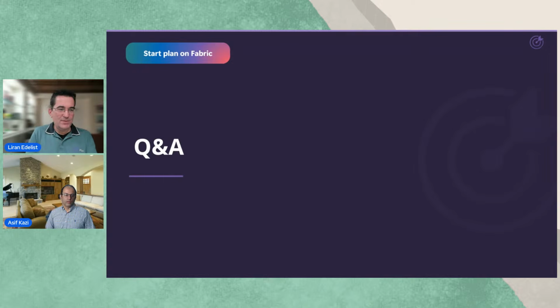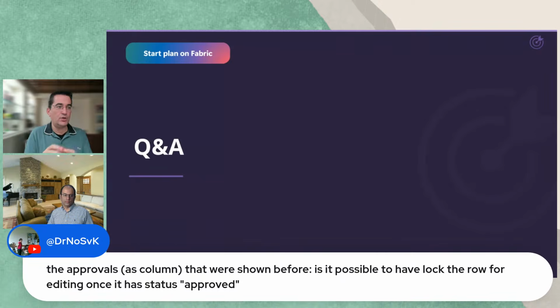I want to use maybe the last 2 minutes just to answer some of the questions I was able to see. So there was a question, once we do the approval comment, can we lock the data? Of course, I just didn't have the time to show it, but you can definitely do on any data entry column, you have the option to say it's locked when it's approved, and you can even configure the type of data that is allowed to be entered under specific ranges. So we do that. It's just another step of configuration that we didn't have time to show. Happy to show it maybe on another presentation here.